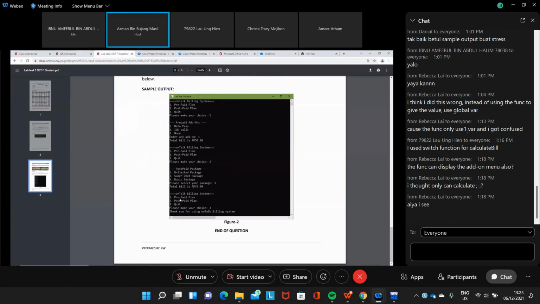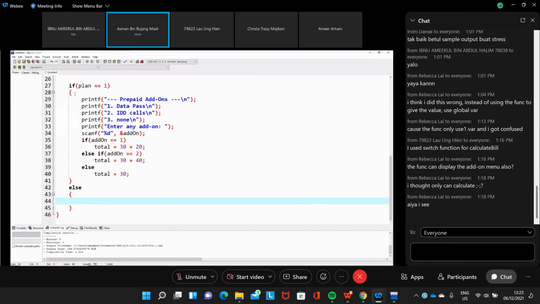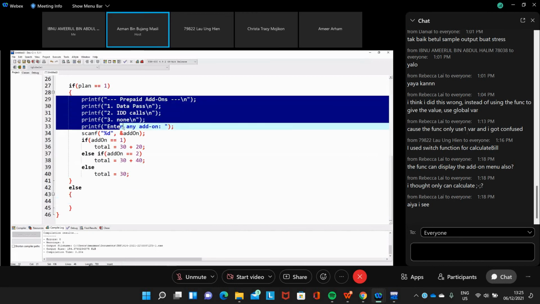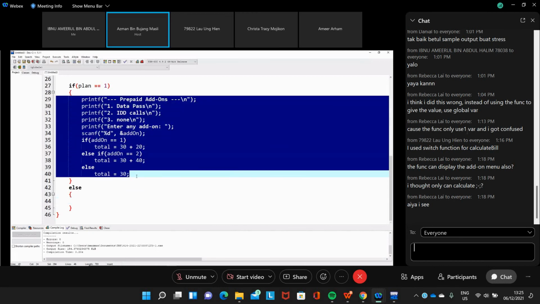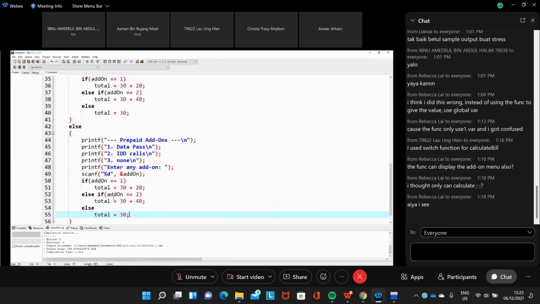Then we have this postpaid plan, almost the same, so we can copy paste this. The calculation is actually a bit different, isn't it? Paste it here. This is for the postpaid plan.